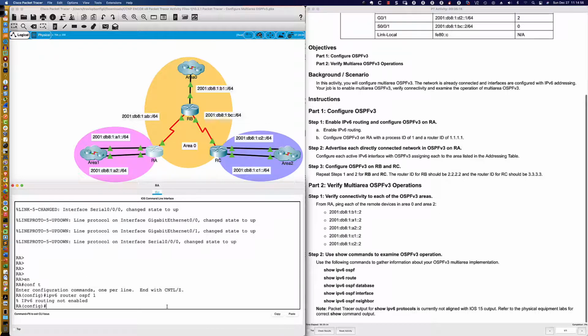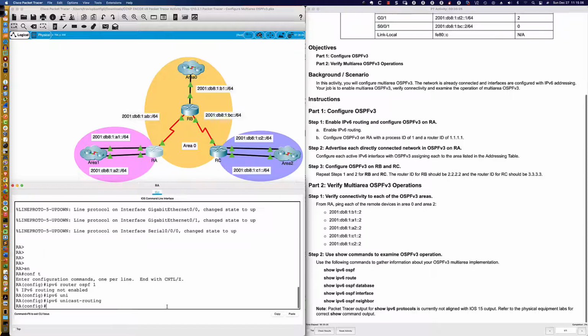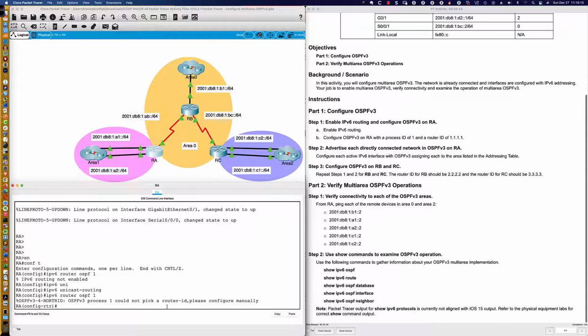And I hit enter, and what do we see? This is the error I was trying to force. You see that IPv6 routing is not enabled. Well, that's an easy fix. We simply say ipv6 unicast-routing. Now that enables IPv6 unicast routing and will enable me to start the configuration for